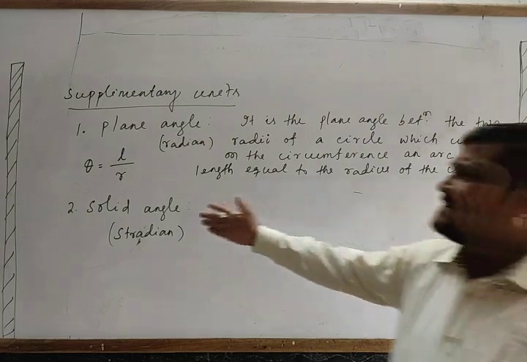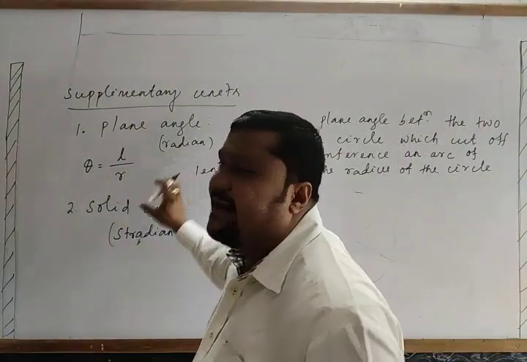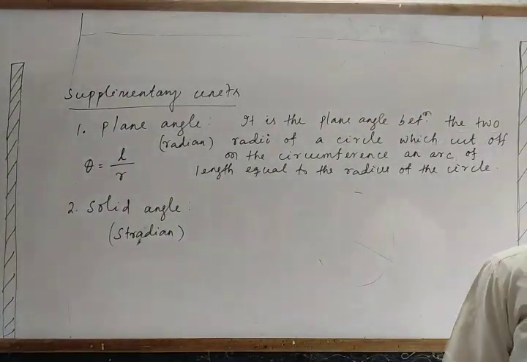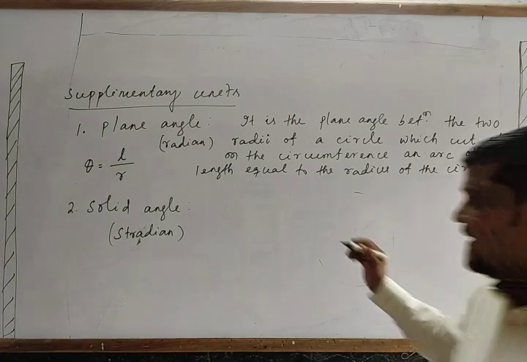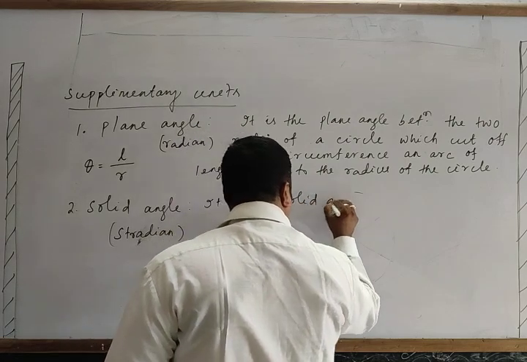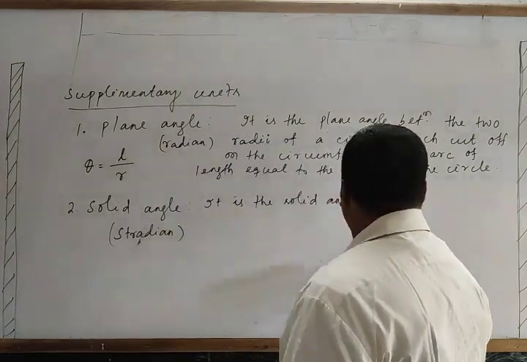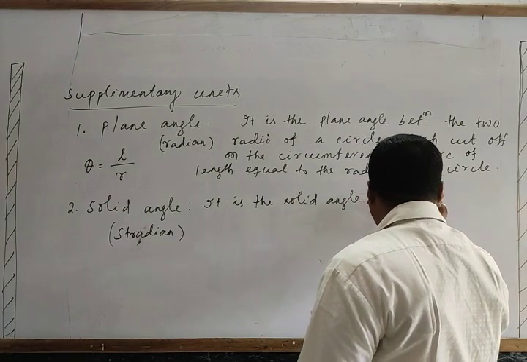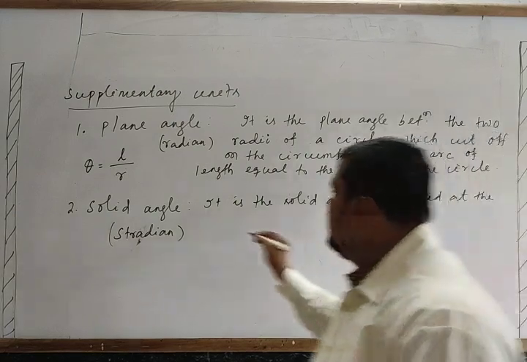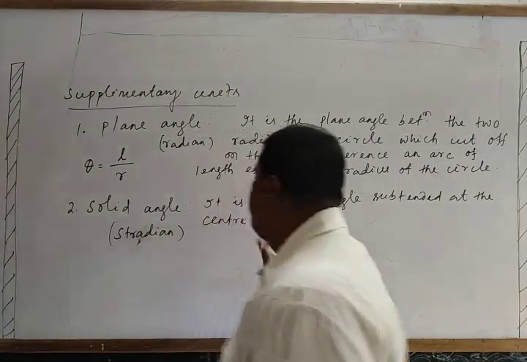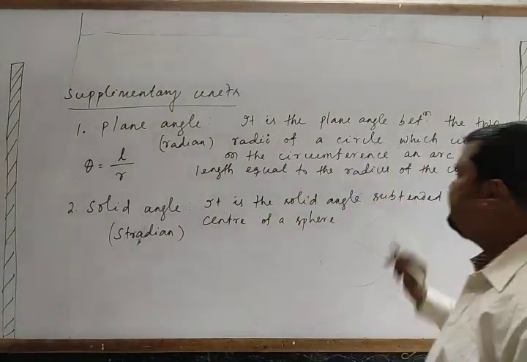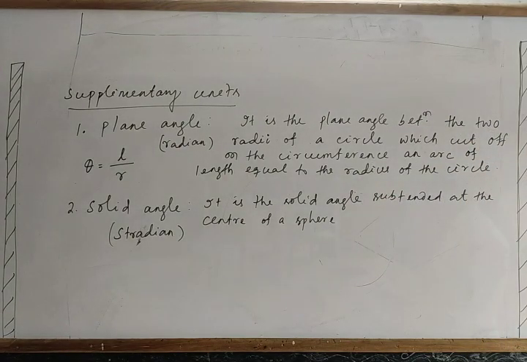The solid angle is three-dimensional, whereas the plane angle is two-dimensional. When I discuss the solid angle, think about a sphere. Let me write: it is the solid angle subtended at the center of a sphere. Solid angle means a three-dimensional angle, subtended at the center of a sphere